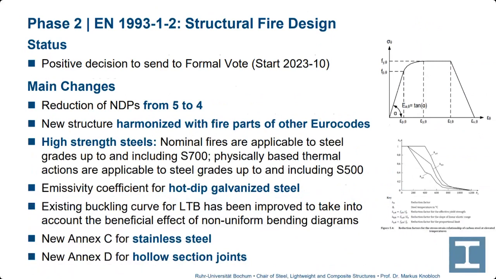The fire part of Eurocode 3, you can see some of the things that have gone on there. Harmonised with fire parts of other Eurocodes. It's always felt a little bit to me that the fire parts and the people who use them seem to be slightly apart from the main ambient temperature design, and so I can understand why there was a need for greater harmonisation, harmonisation of terminology. High strength steels, not surprisingly, feature, and stainless steel is now covered in an Annex C.